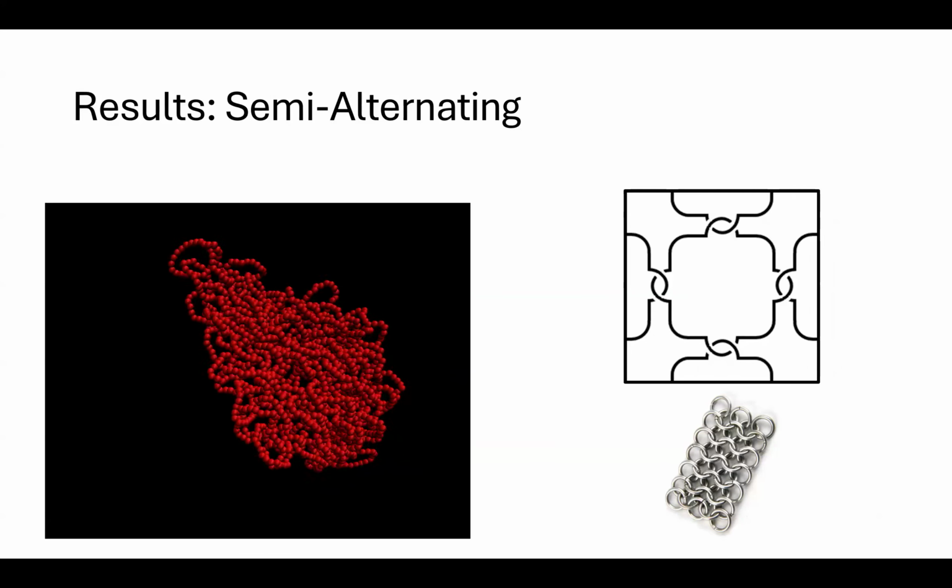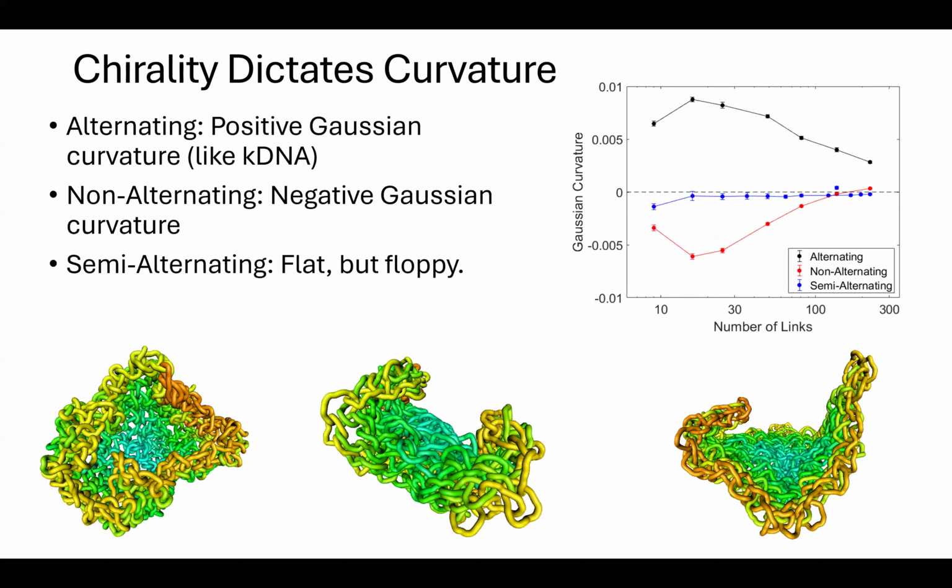We can measure this basically by replacing each loop with a point at its center of mass and constructing a triangulation. And then for each vertex in the triangulation, adding up all the angles and using the Gauss-Bonnet theorem to figure out the local Gaussian curvature. And again, we can measure this. We see it's positive where we expect, or where we visually see positive. It's negative where we visually see negative. And it's close to 0 where we see flat until they start to get very big. And then, well, then it gets complicated, but don't worry about it.